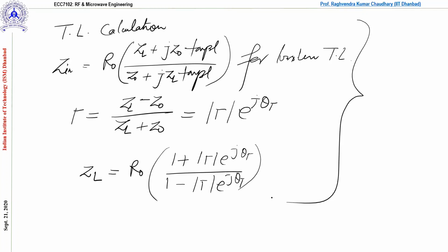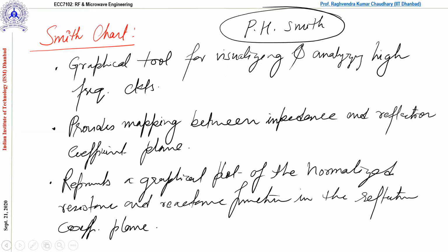Fine. So let us quickly do the derivation, so you will get some idea of how the Smith chart works. The logic behind this is that there are a number of equations, and we need to arrange them in such a way that we can get a proper solution. So before just jumping into solving over the Smith chart, we need to understand some of the basic facts about the Smith chart. Correct. So first I would like to show you the Smith chart. The first slide you have seen, I have put up this Smith chart.